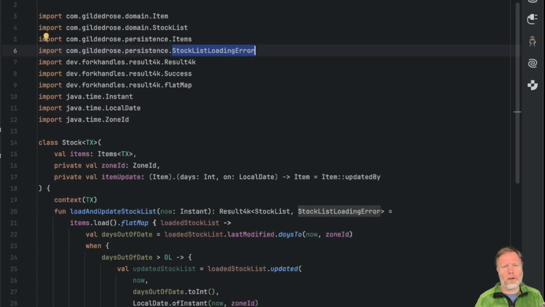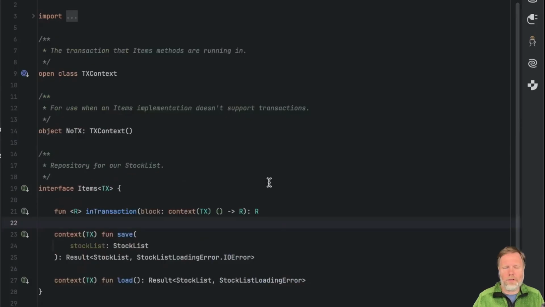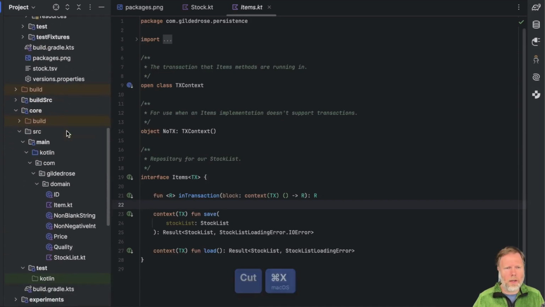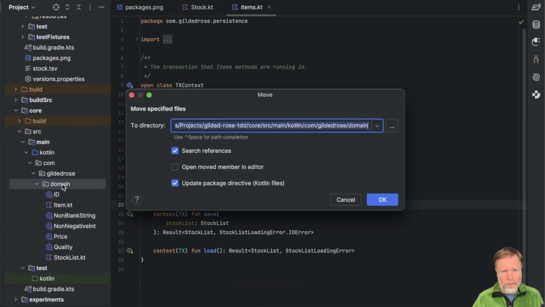Now the common technique for dealing with this sort of issue is dependency inversion. Instead of having updating depending on persistence, we'll make both updating and persistence depend on something else. Now often we invent another package or module for that thing, but in this case I think that items and stock list loading error could themselves just be part of our domain. Let's remind ourselves about items. Here it is, it's just an interface giving the operations for loading and saving. So I think maybe if we just took those two things, cut them out of here, and put them into our domain over here,